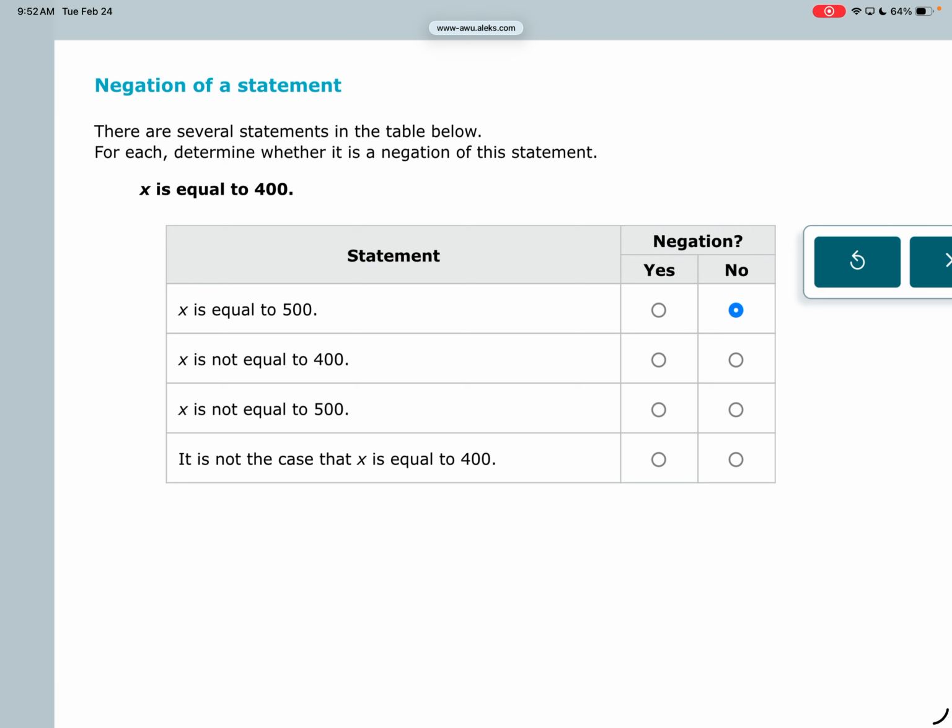X is equal to 400, x is not equal to 400. This is a negation, right? Because if that's true, if x is equal to 400, this would be,